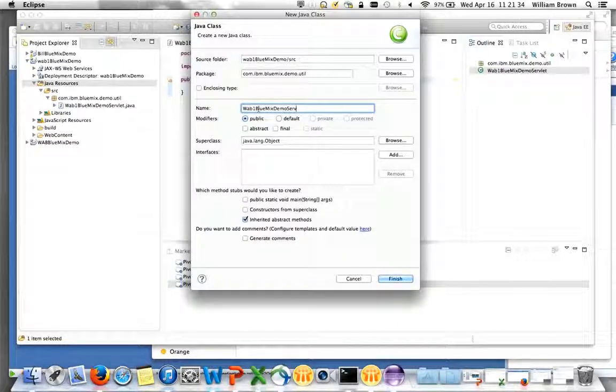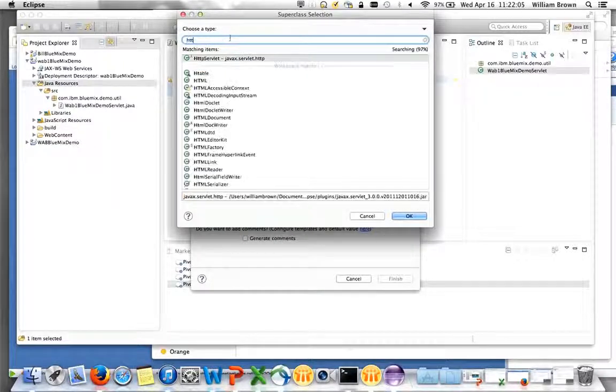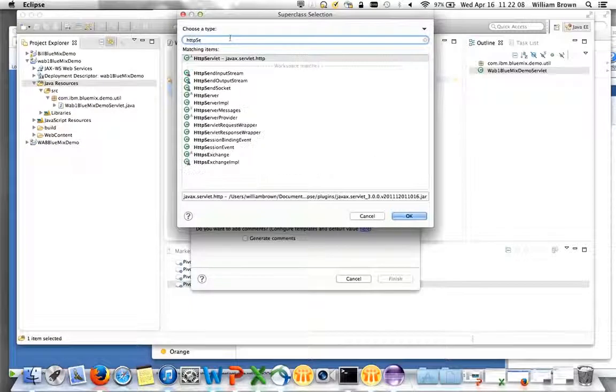Demo Servlet. And then I need to select the appropriate superclass. I do that by clicking on Browse next to superclass. As you see, what's in there now is java.lang.Object, but we want something different, so I'll click on Browse. And what I'll need to do is search for the appropriate superclass. So in the search window up top, I'm going to type in HTTP servlet,